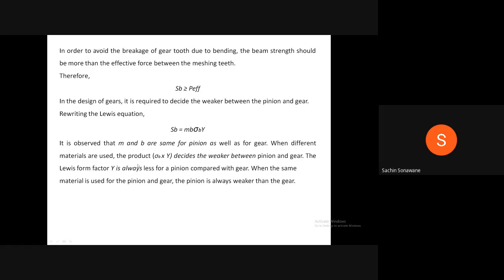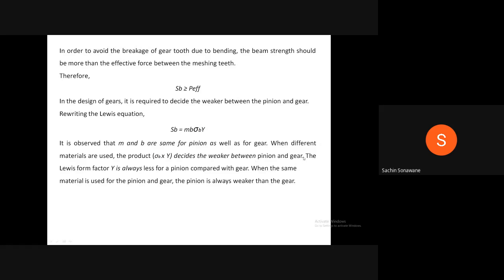When different materials are used for pinion and gear, for example cast iron for the pinion and steel for the gear, different metals are used for the construction of pinion and gear. At that time, we have to take into consideration the product of sigma b into Y, which decides the weaker between